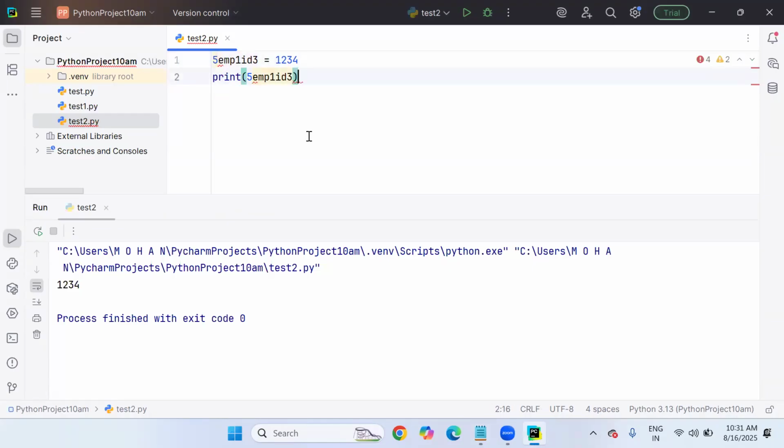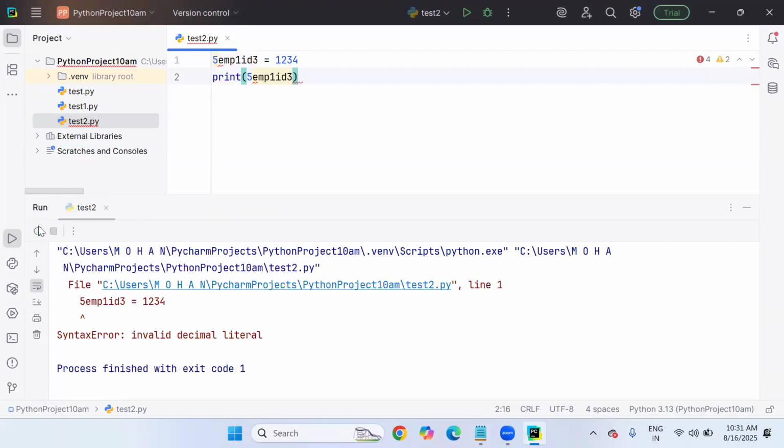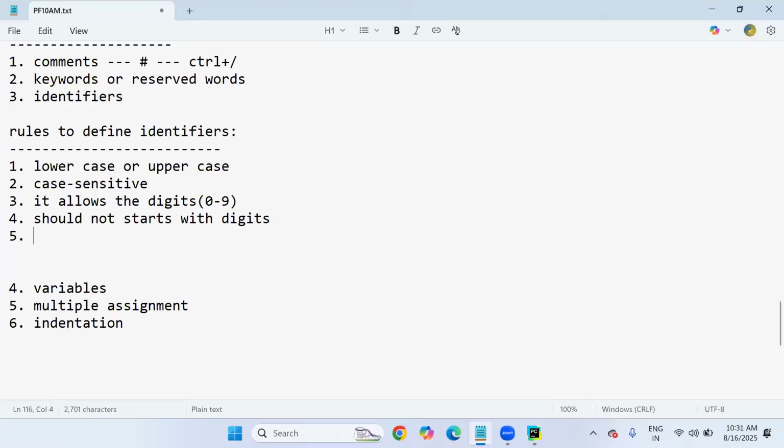Okay. But whenever your identifier starts with a digit, it's invalid. Look at this, it starts with 5. Not correct. Invalid decimal literal. Your names or any names in Python should not start with digits. Rule number 4 says like this. Okay. Next, rule number 5 says it allows